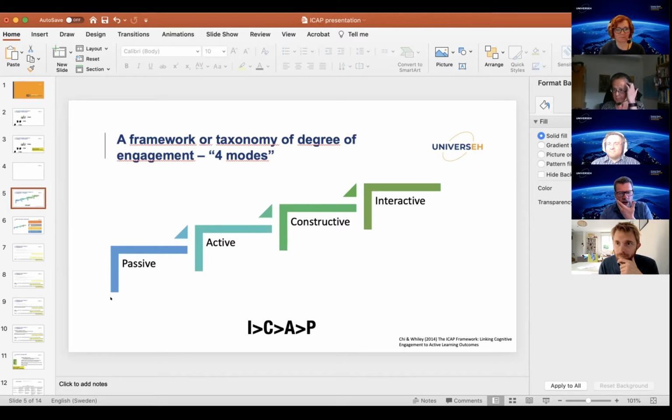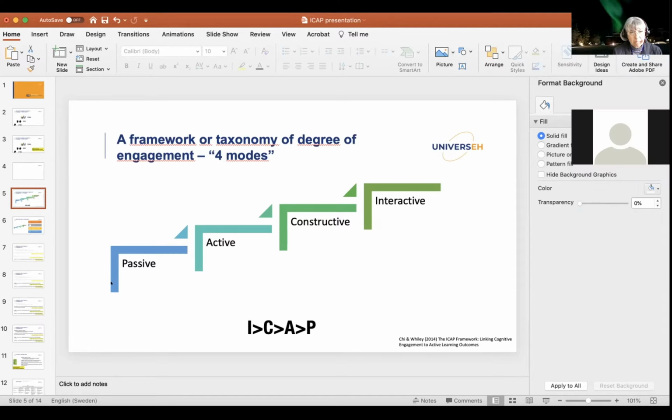So, are you familiar with the ICAP model? About half. Yeah. Yes. Perfect. So then this will be a short recap